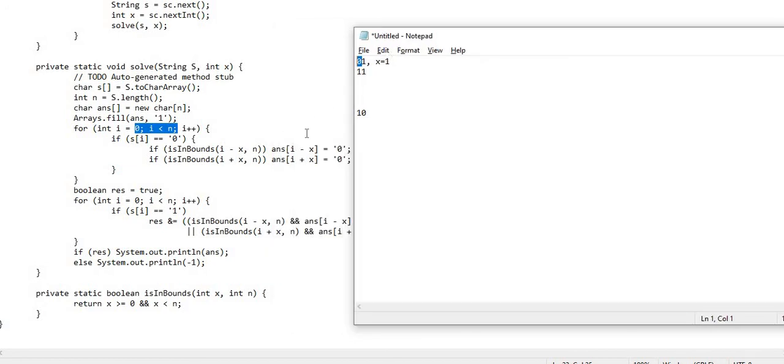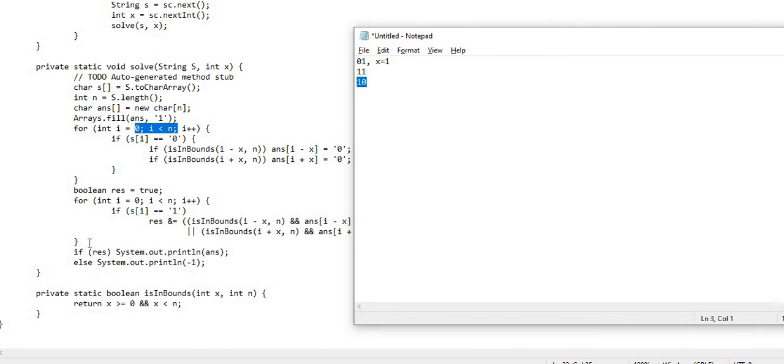Here the i minus x condition is not satisfied because it is out of range, but for i plus x, I can convert this 1 into 0. So for the 0th index, the value remains the same, that is 1, but for i plus x, it turns into 0. So now I have the answer character array as 1 0.